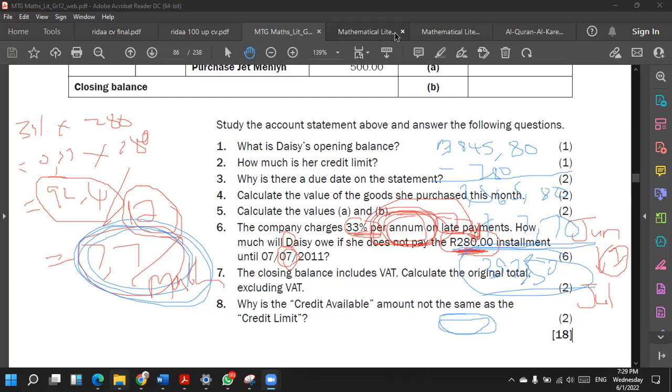Exactly. So if it's June to September, that's June, July, August, September, 3 months. So then you would take this and say 7,7 times 3. Then we would get